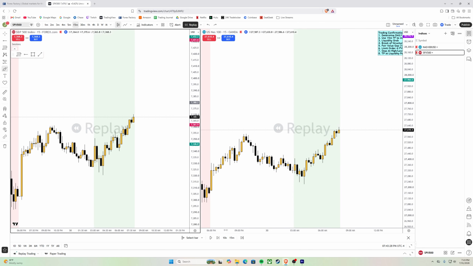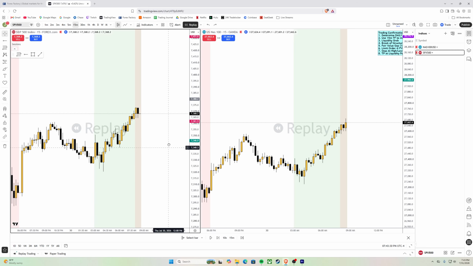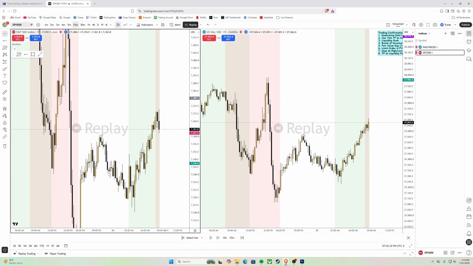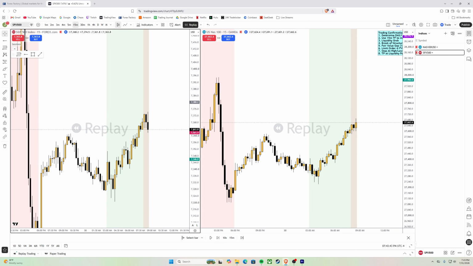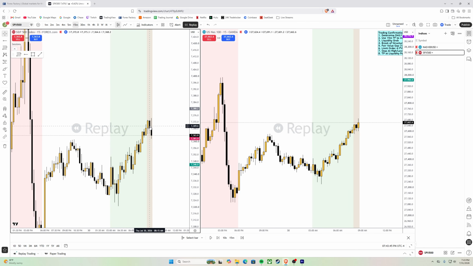Now, jumping in, we'll skip to 8:45, so we can have a clear view of the 8:30 candle. This candle right here is the 8:15 to 8:30 candle. So if we look to the left, we want to highlight the most recent swing high because we're bearish. So we want to see a high get taken out.